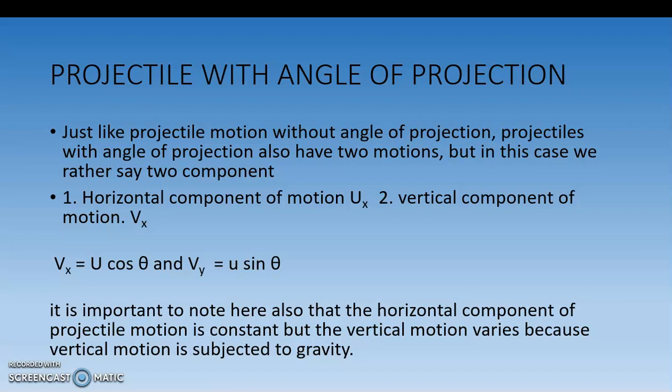Now, this is a very quick question for you because in Nigeria or in West African countries, sometimes their questionnaires do ask, why is the horizontal component of motion constant? Well, the horizontal component of projectile motion is constant because it is not affected by gravity. But the vertical motion is not constant because it is affected by gravity. Having said that,